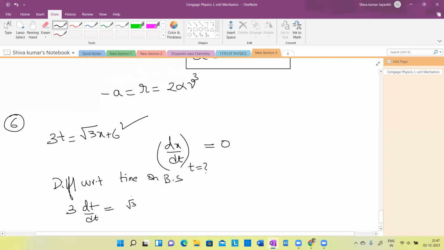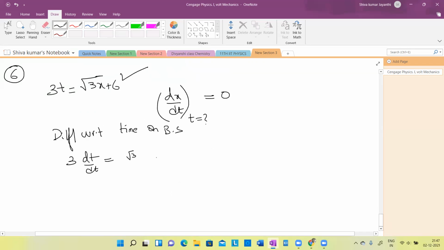Yeah, you're absolutely right. It is the whole of it, no? Yeah, correct. That way only we'll get it, otherwise it's not correct. It is printed till here, no? Yeah, you're right, printed till there. So root 3 into d by dt of root x, plus differentiation of 6 anyways.